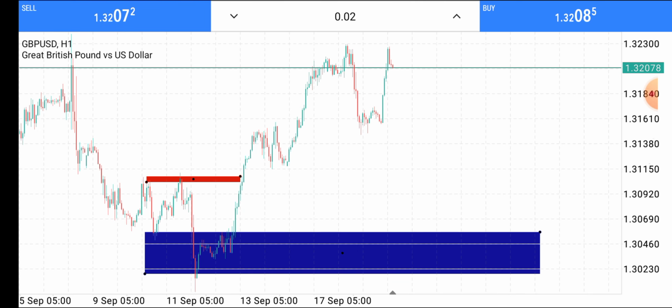So you don't even need too many sophisticated tools to analyze the chart. Just understand the concept. Once you understand the concept, you can apply it anywhere, whether on your computer, TradingView, or your phone, whichever one. So this is a change of character. And after the change of character, the market gave me